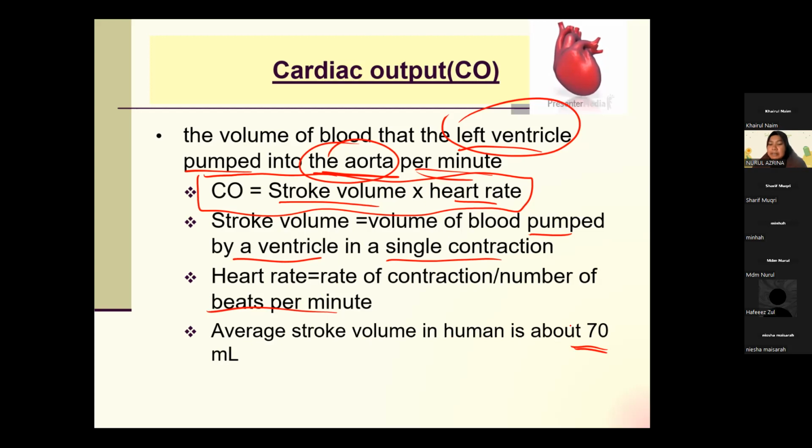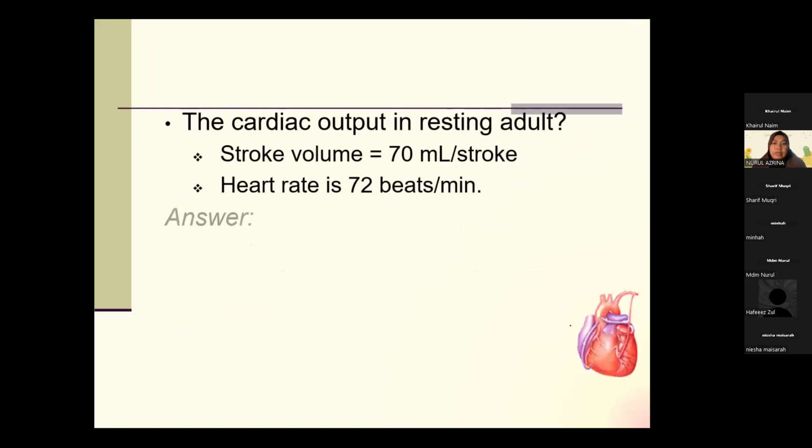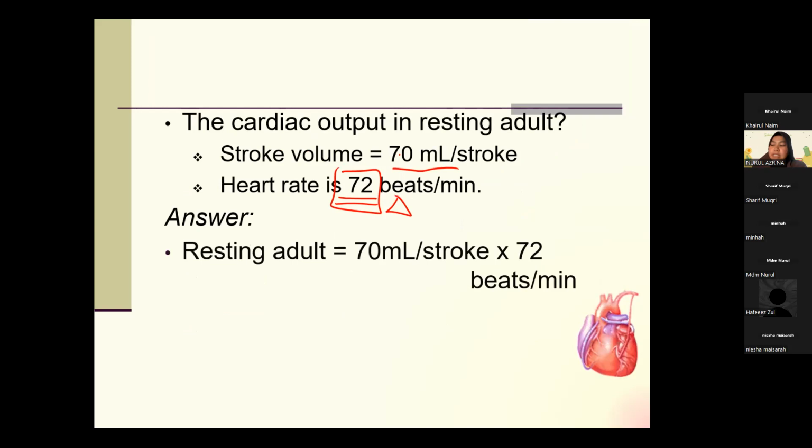Okay, right. So next, what is the resting cardiac output for an adult? Okay, so given this person has a heart rate of 72 beats per minute. Ingat, ini biasanya akan changing depending on the person's heart rate. When they are exercising, the heart rate will be totally increased, kan, right? Or double up. So the average stroke volume is 70 ml per stroke. So thus the average cardiac output for a resting adult is around